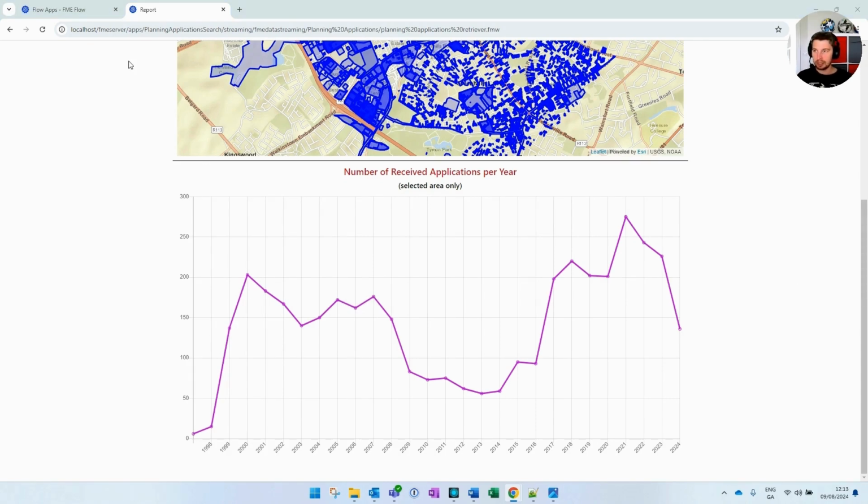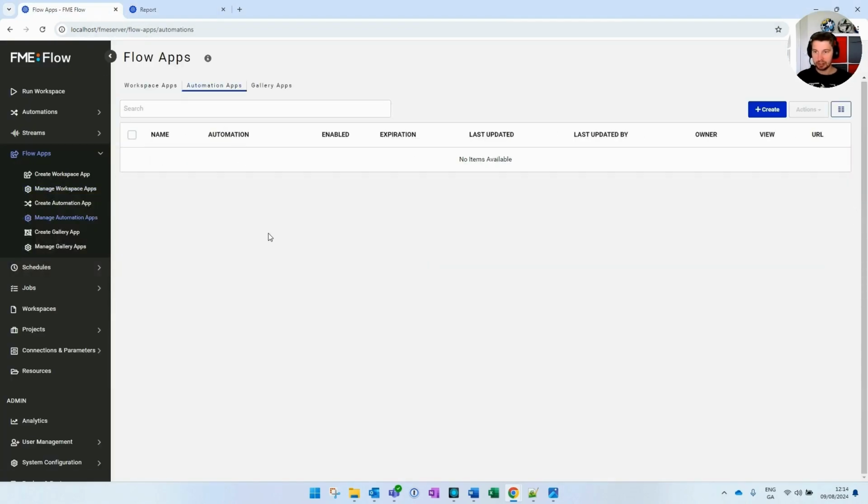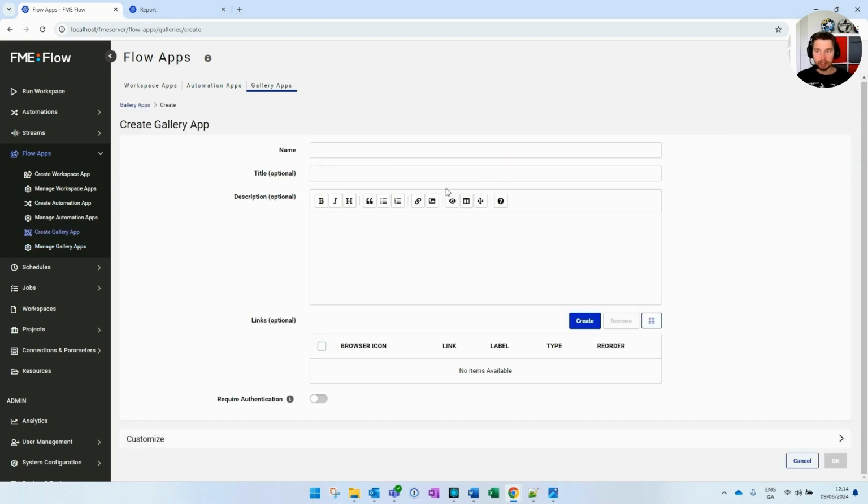Another available app type are the automation apps, and they are exactly the same as the workspace apps, apart from the underlying workflow. Instead of workspace, we will have an automation here. Then we have gallery apps. Gallery apps are slightly different. They are basically a landing page for multiple workspace apps, automation apps, or other content. So we can create one